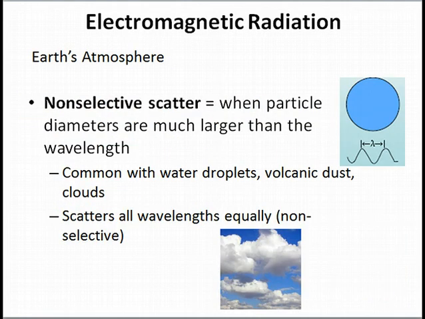The final class of scatter is called non-selective scatter, and essentially this is when you have particles in the atmosphere that are so large that just about all of the wavelengths hit them. Now, this might not apply to radio waves or microwaves because we know that radio can still go through very large particled masses like clouds, but it certainly affects the wavelengths